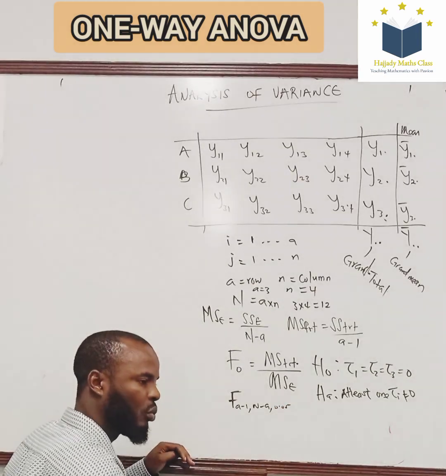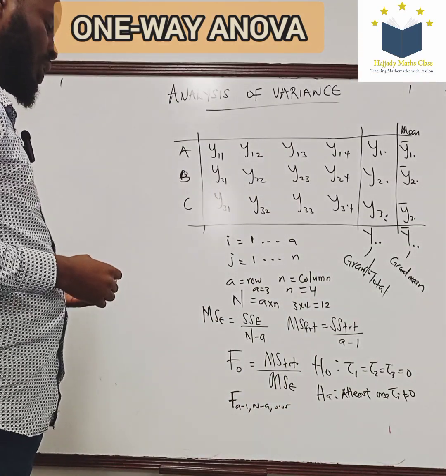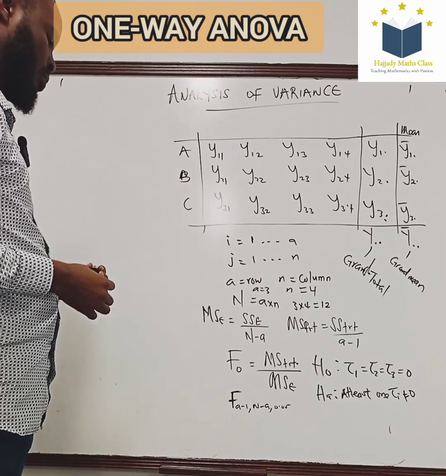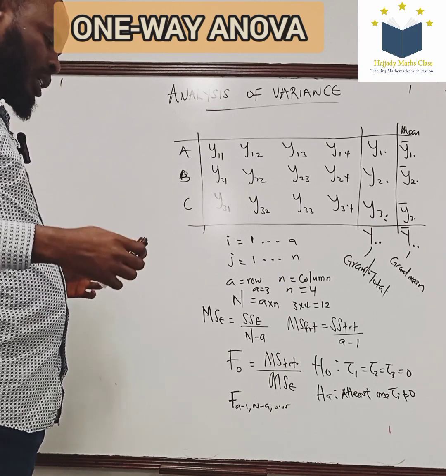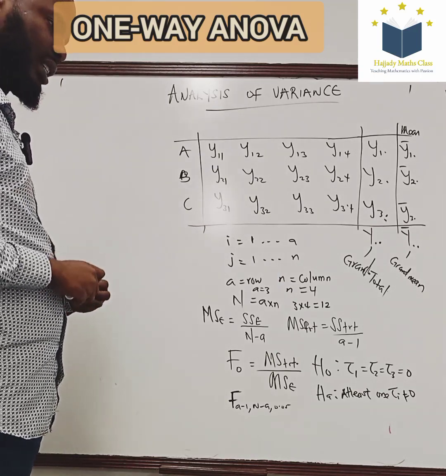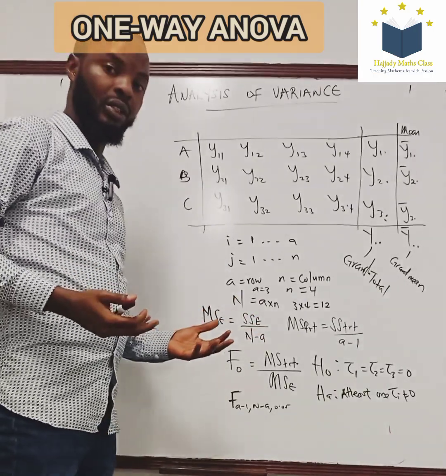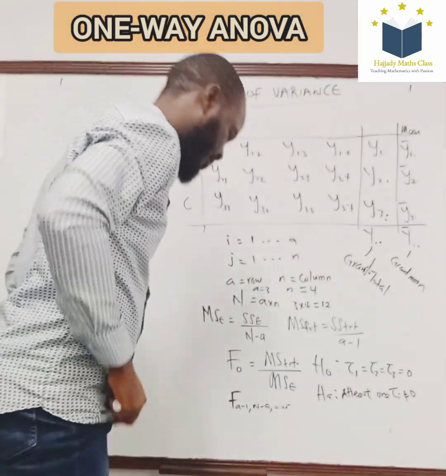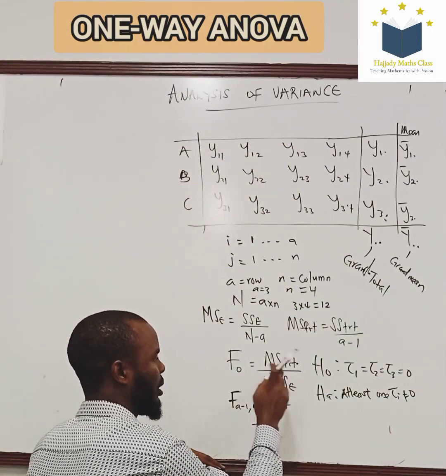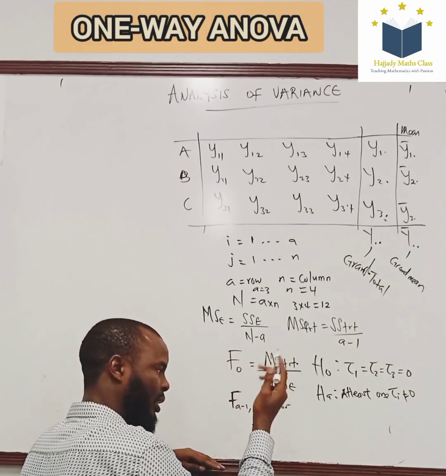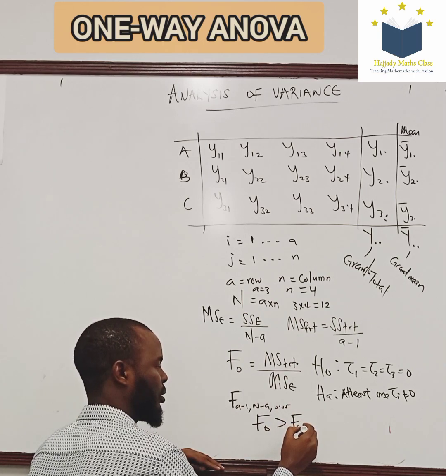Okay? Then, depending on your level of alpha given to you, you can use 0.05, you can use 0.01, depending on how you want the experiment to be and the level of alpha you are considering for the experiment. Now, what are the conditions for rejecting your hypothesis, or not rejecting your hypothesis? This is the condition. If your F observed, the F calculated, is greater than your F table value,